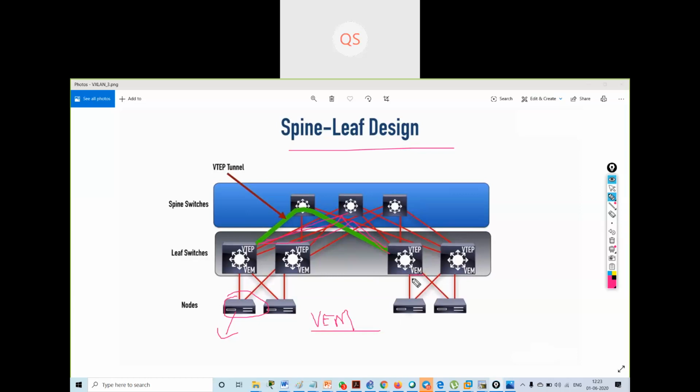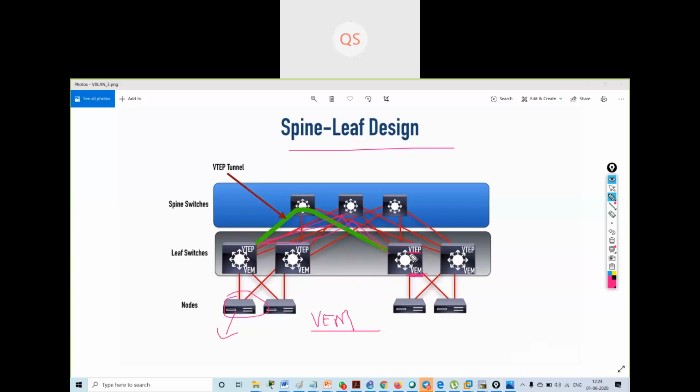Each VEM will have an IP address. The leaf switches will have a VEM, and this VEM will have an IP address, which is assigned to a special interface known as VTEP, the VXLAN tunnel endpoint.